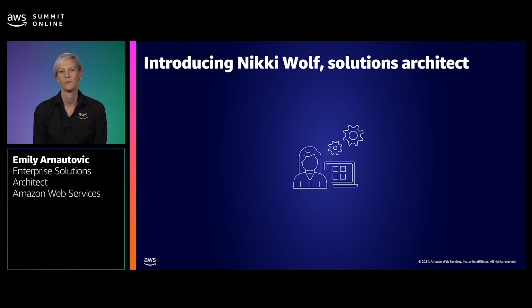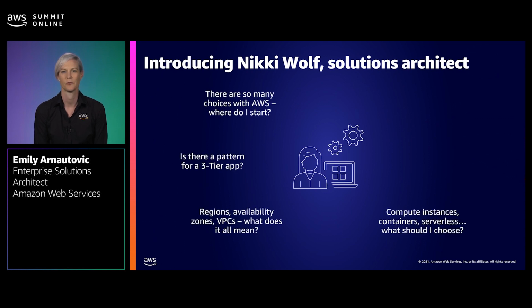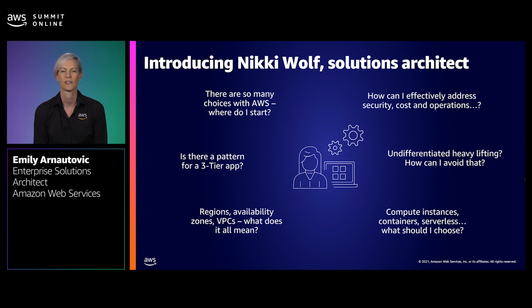Let me introduce you to Nikki Wolf as our example solutions architect. Nikki is leading a team of engineers, and she's been considering running a number of her applications in AWS for a while now. She's just secured the go-ahead from her department lead. Now it's time for Nikki to get the project started, and she and her team need to quickly make sense of architecting on AWS. Like many of you, who are likely new to AWS, Nikki and her team want to get some help with addressing typical architectural concerns, like stability, performance, and high availability. They want to know what is recommended when architecting a three-tier app on AWS.